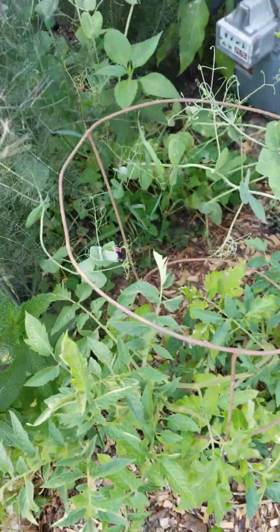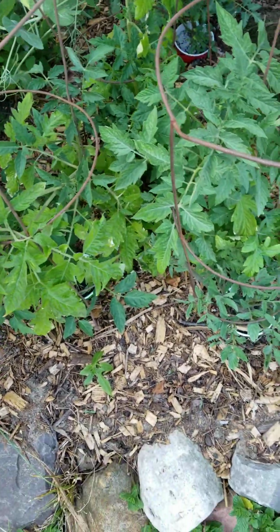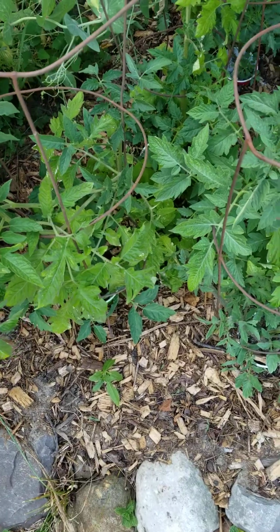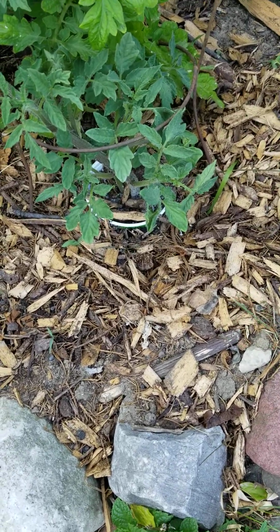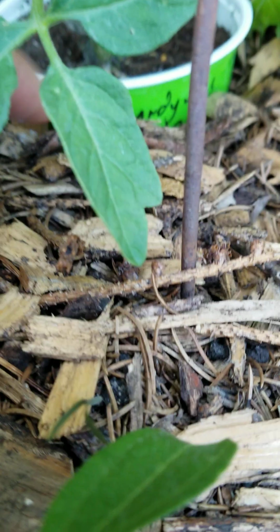I was also with the tomato cages, but I was a little late putting these out. I was hoping the ground temperature would be around 70-ish. I was pushing it at 61, but I watered using warmer water. I haven't even checked the ground temperature. It might not even be 70 yet. But I cut the bottom of the cups off so I can kind of remember what was what, because these are varieties I've not really